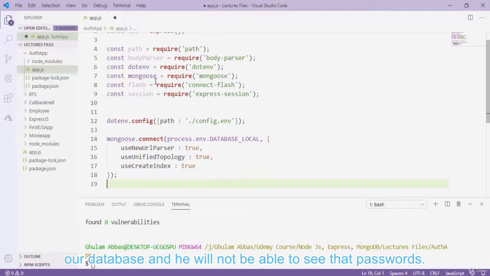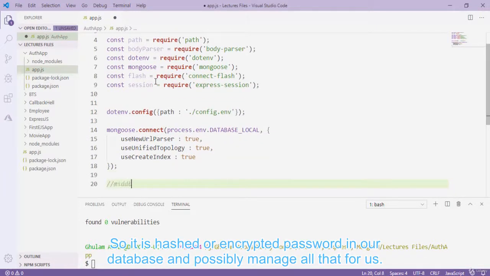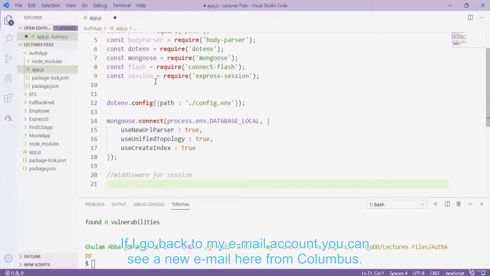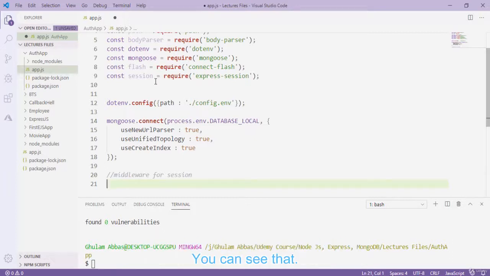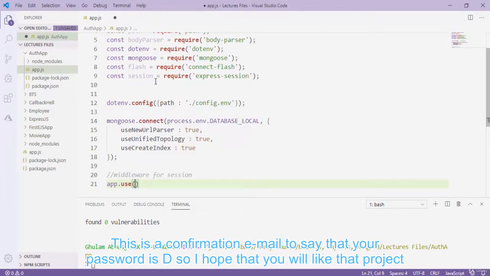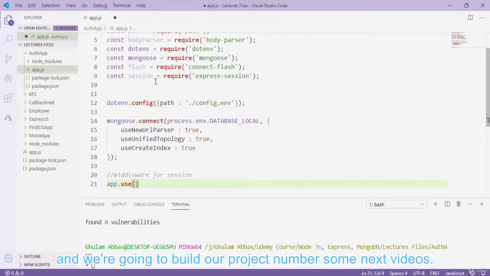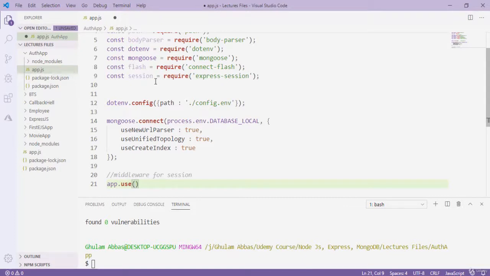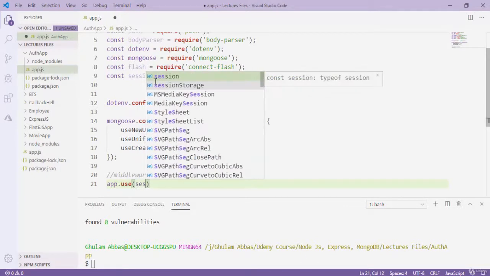Now we have to use a middleware for session. Okay, so whenever we use the authentication, we always have to maintain session for that user so that we can allow the user to access the pages that a logged in user can access. So for that we have to maintain a session. So I simply type here app.use. We also have used this session in our previous project when we built our database project for Connect Flash. Okay, so in this project this session is also helpful for authentication as well as for Connect Flash. Okay, so I type here session,